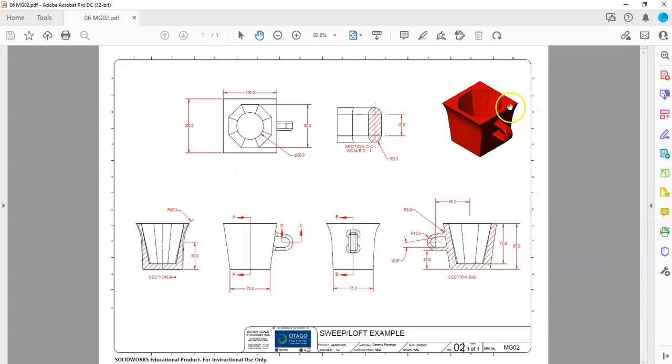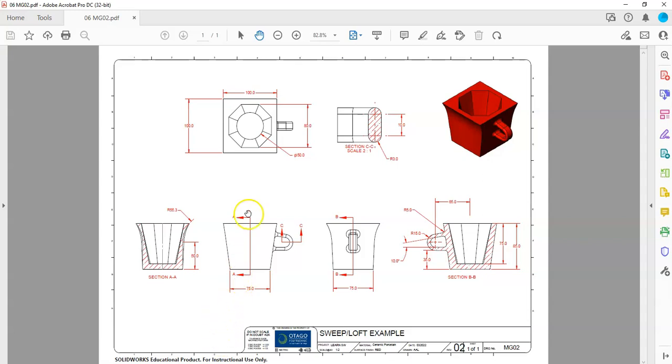So we have what looks like a square top, 100 by 100. We have a square bottom, which is 75 by 75. You can see in this view that these sides are straight, whereas in this view they are curved. So we're going from a square to a square. So we'll use a loft, and then we'll also use some guide curves here. It looks like this is telling us a 55.3 and a 50 will give us our curve right through this